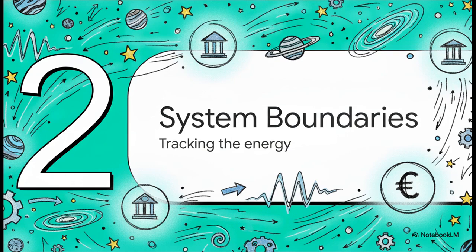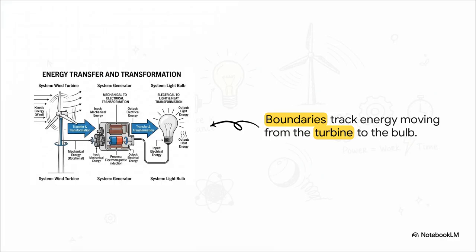Moving on to part 2. Drawing the system boundary. So if energy is the currency of the universe, how do scientists actually keep track of all this cosmic cash without losing their minds? Well, physicists draw an imaginary line called a system boundary. Think of it like balancing a budget, right? You can't track your money if you don't know which bank accounts belong to you. Basically, everything inside this boundary is the system, and everything outside is the environment.